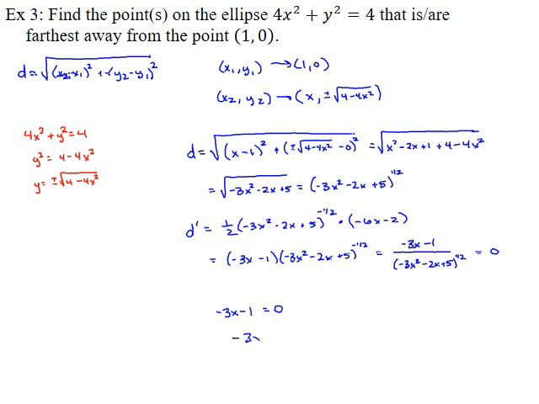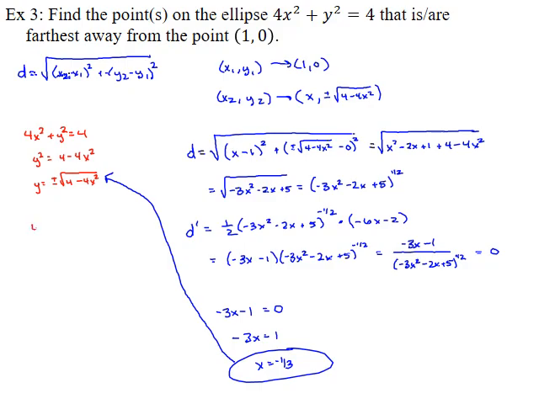So add the 1 from both sides. That's negative 3x equals 1. And then dividing both sides by negative 3, x is negative 1/3. But here's why you can get more than 1 point. When you plug negative 1/3 back into the original y function, you actually get two different y values because of